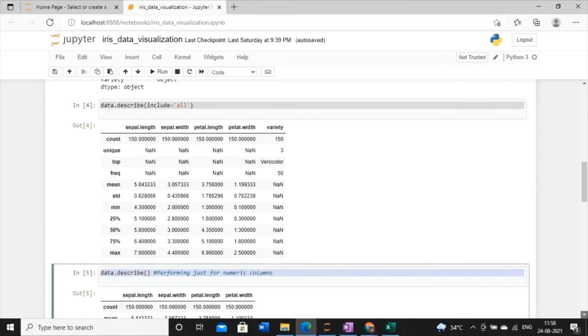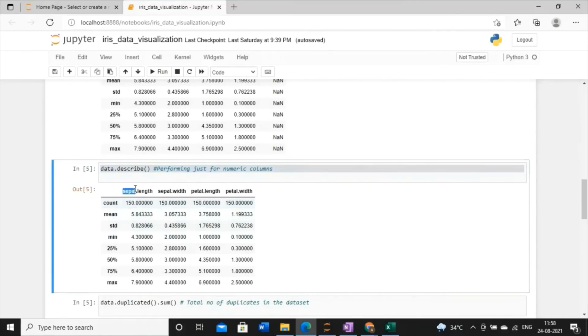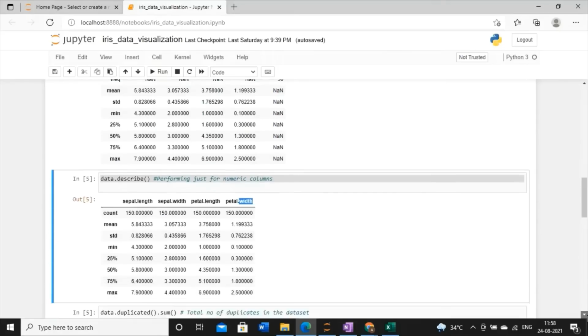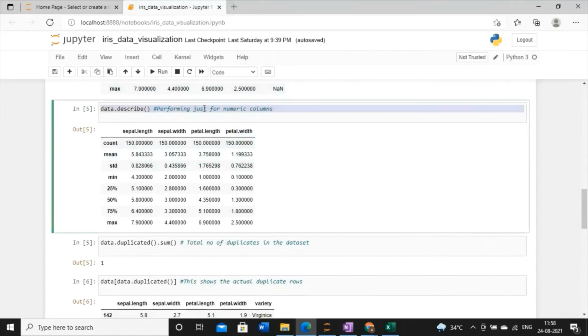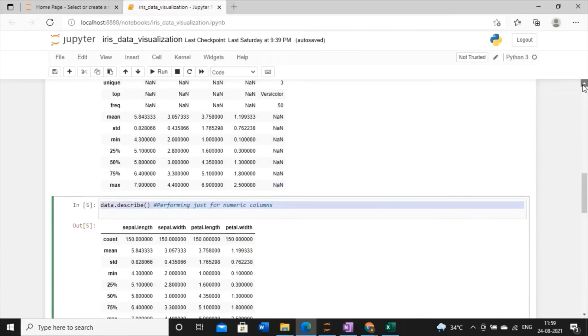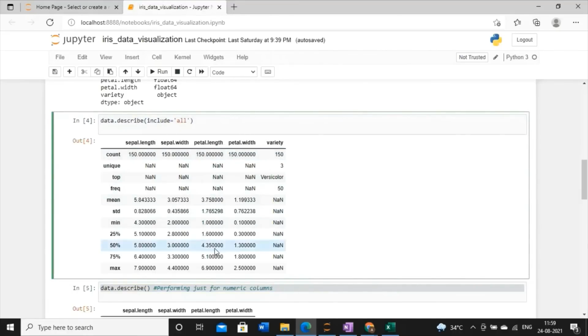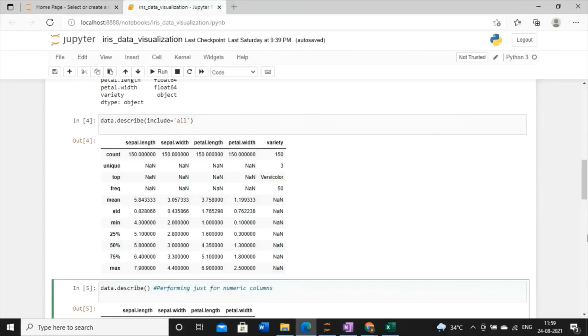So as a result, I have got only the values of the columns which have the same data type, float64. Since the last column is of type object, it excluded that value. Here, please make a note: whenever you are going to find the statistics of the columns which have the same data type, use this one. And if you want to see the overall statistics of your data file with mixed data types, then you have to use this syntax. So this is the basic difference between the two describe functions.